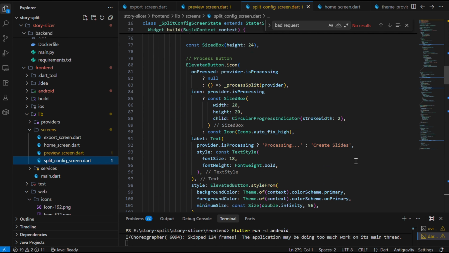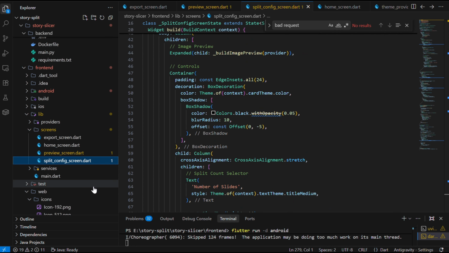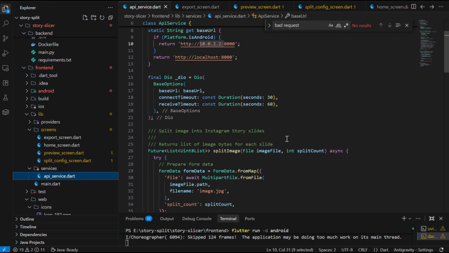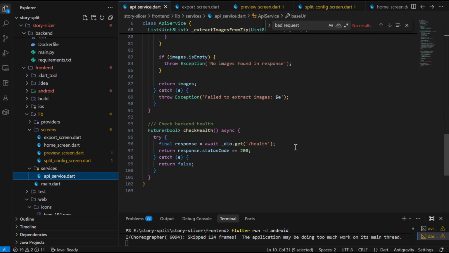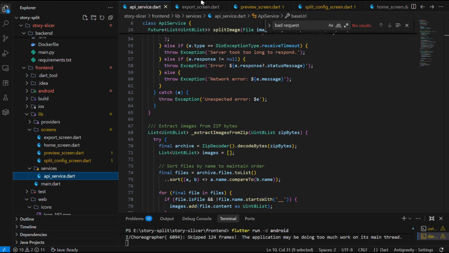Just pure processing. There are also simple health check endpoints, so you can quickly see if the backend is running fine, which is super useful when deploying this to the cloud. Overall, this backend is designed to be stateless, fast, and production-ready, doing exactly one job and doing it really well.